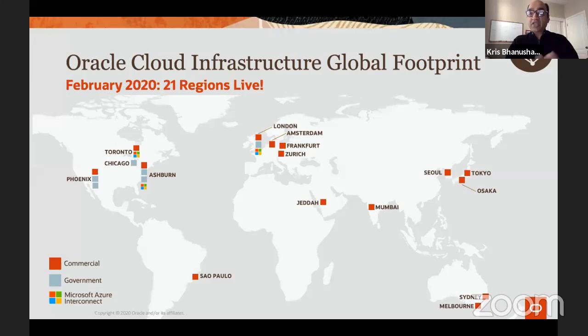So a possible scenario could be customers who already have an existing footprint in Azure and are running their apps there, but would rather run the databases in the Oracle Cloud for the value that it offers, can actually do that because of the infrastructure and the way that the two cloud regions are set up with each other.